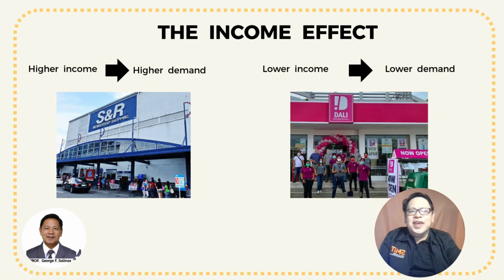So, what is the income effect? This means that higher income generally leads to higher demand. Conversely, if you have a lower income, you have a lower demand. Increased purchasing power allows consumers to buy more, while decreased income means you have a limited budget, and this forces cutbacks on desired items like electronics or nice meals. You just stick to your budget.